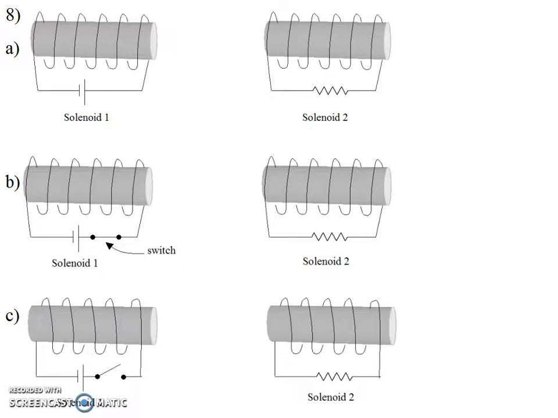Okay, so this is putting together a lot of things. It's a Lenz's law problem, but now it's involving solenoids. Right, so one of the first things you want to do with a solenoid is figure out what the direction of the current is in. And so here we have our source of voltage, and we just sort of trace the charges around. We know they're coming out of the positive terminal,